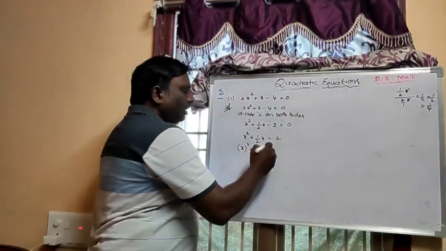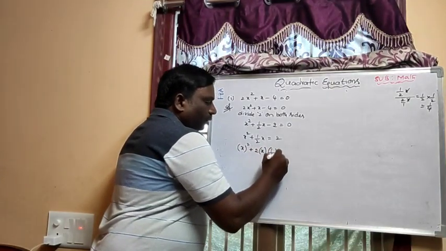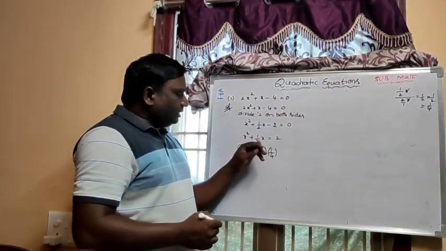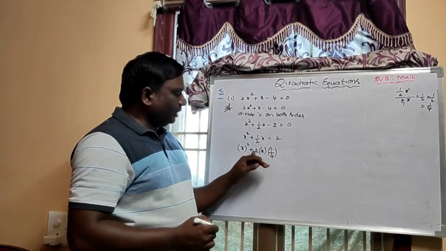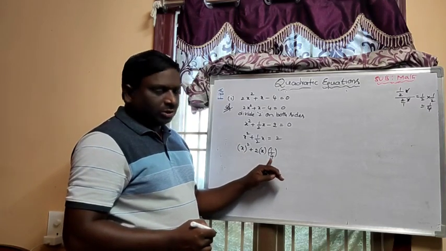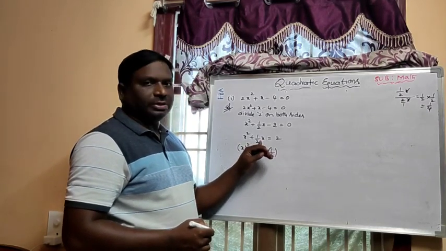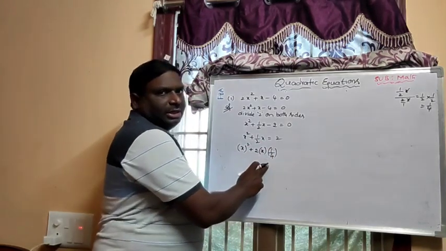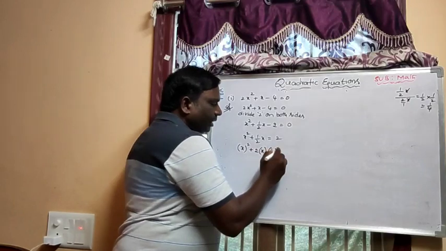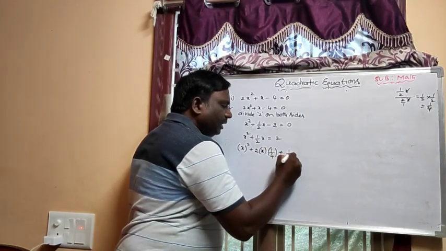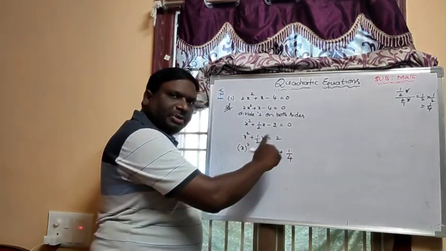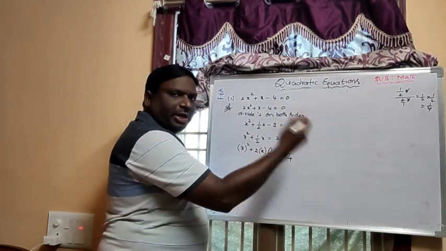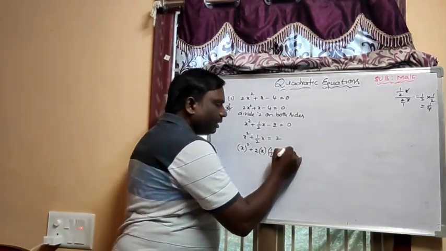1 by 4 is our b value. Now you can verify whether we are getting this term or not here by simplification. 2 into 2 is 4, so here 1 by 2x, 1 by 2x. So our b value is correct. So b is decided, that is 1 by 4. After 2ab, to get an identity, plus b square we need to add and minus b square we have to subtract.